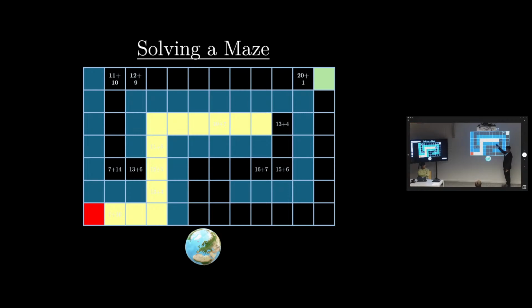13 plus 4 is equal to 17, still less than 19, so I still go that way. But 15 plus 6 is equal to 21, which is bigger than 19. So instead of continuing this way, I will go back to here. So it continues here. 7 plus 14 is equal to 21, which is equal. And even if it continues, this gives 22. So it's going to go this way.